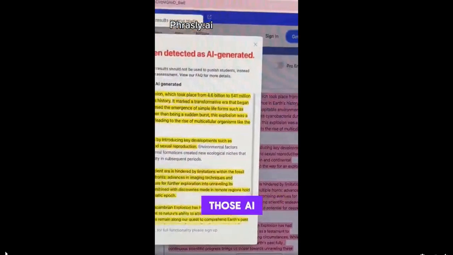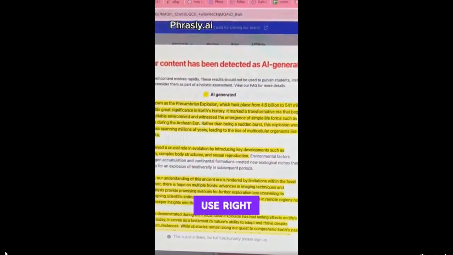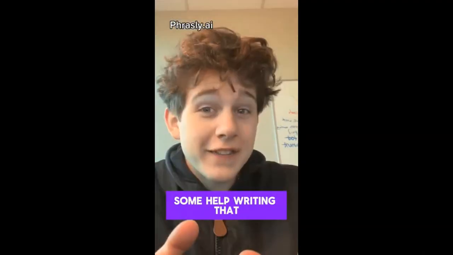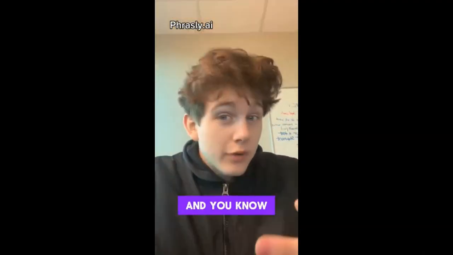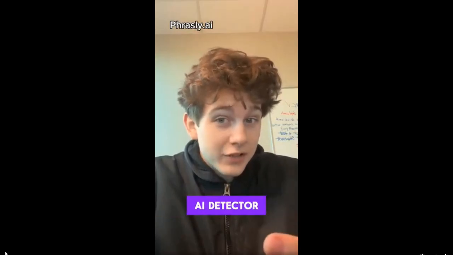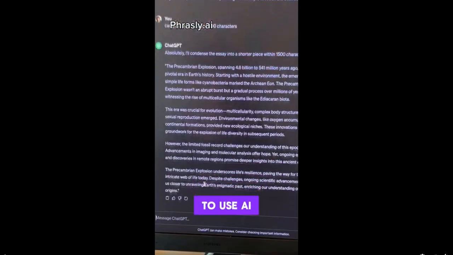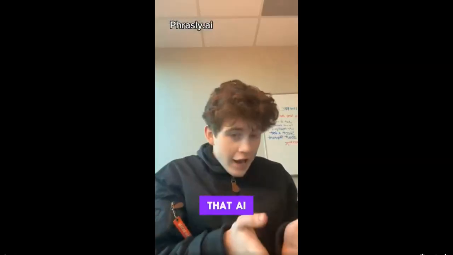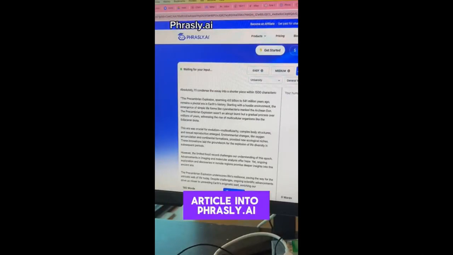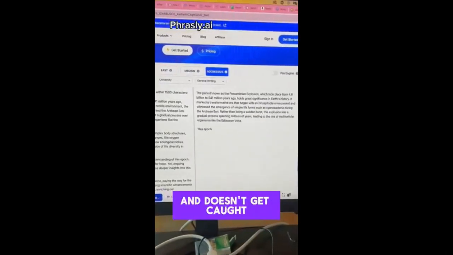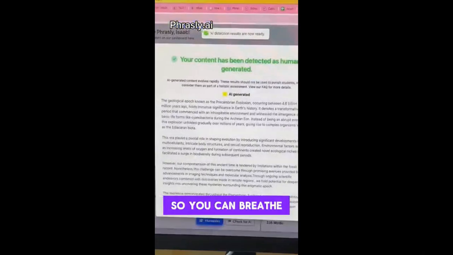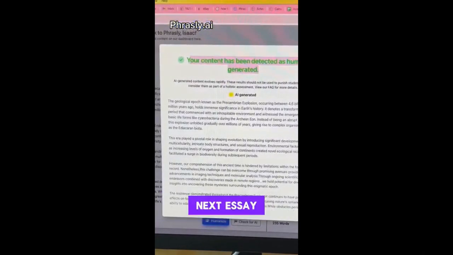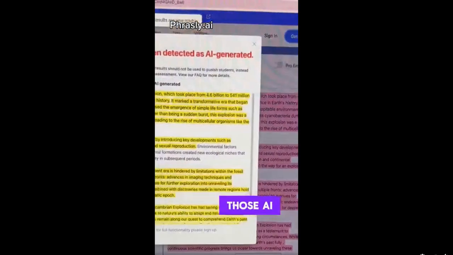There's a way to get past those AI detectors that your teachers use, right? So if you need some help writing that essay that you've been putting off and your teacher is going to run it through the AI detector, go ahead. You're free to use AI. All you have to do is then plug that AI article into Phrasely.ai and it will humanize it so that it passes through as real and doesn't get caught by the AI detectors. So you can breathe easy knowing you'll ace the next essay. There's a way to get past those AI detectors. Stop